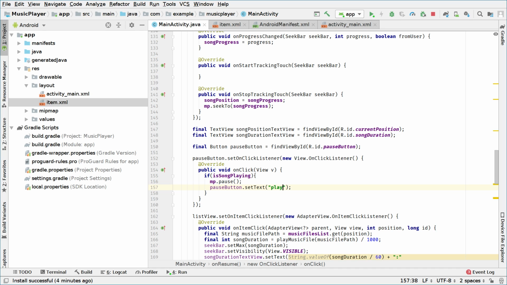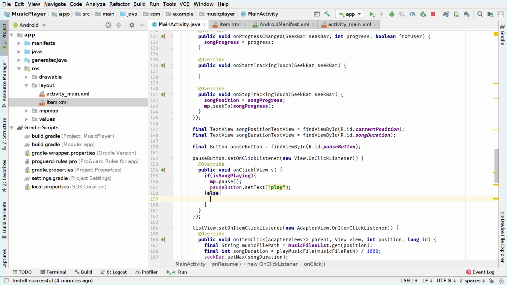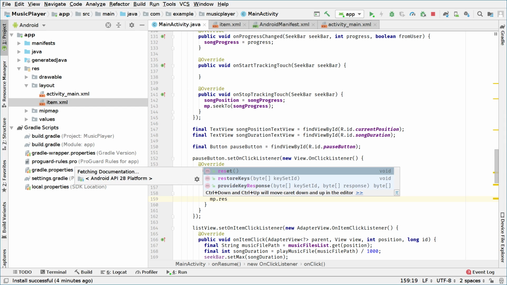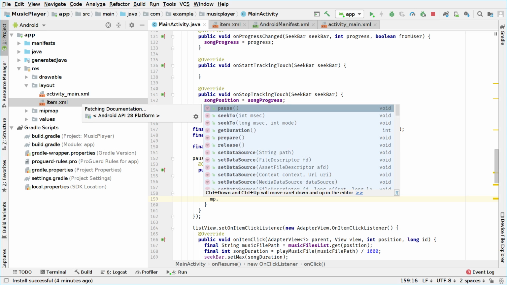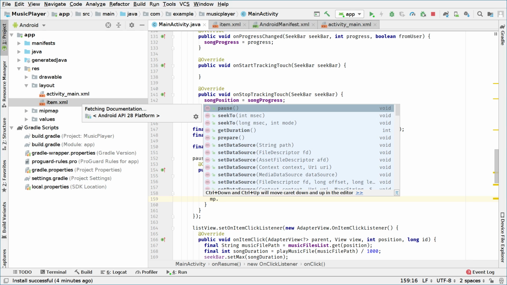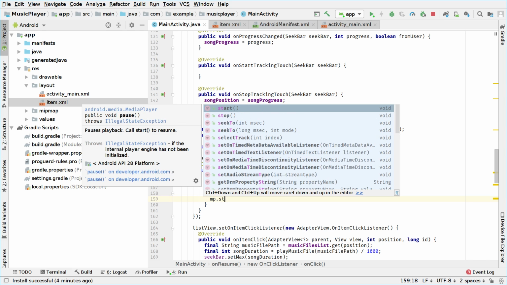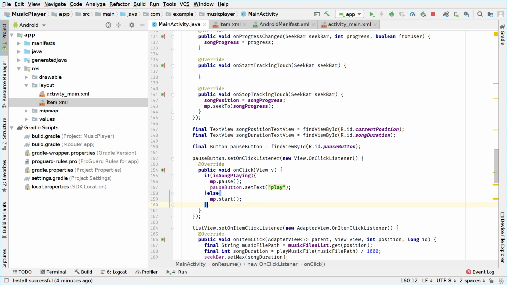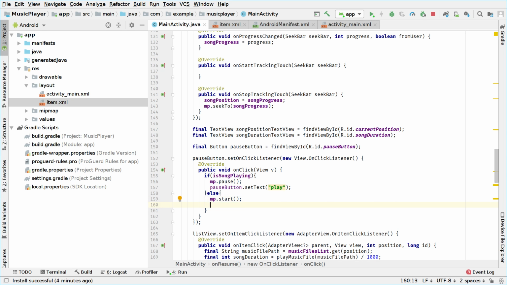So play and pause. Otherwise, if the song is not playing, we're gonna say mp dot resume. Do we have that? Resume? No, mp dot play or mp dot start. Okay, we will then later fix this. Okay, so we have mp dot start, and we'll set pause button set text, and we'll set the text